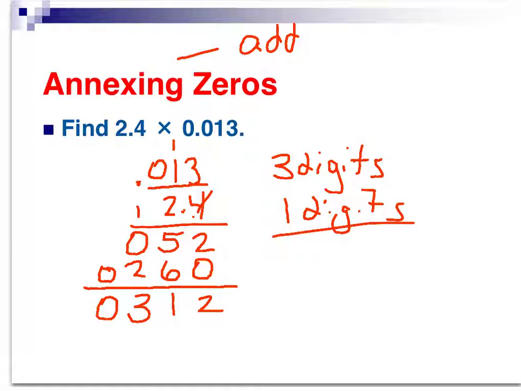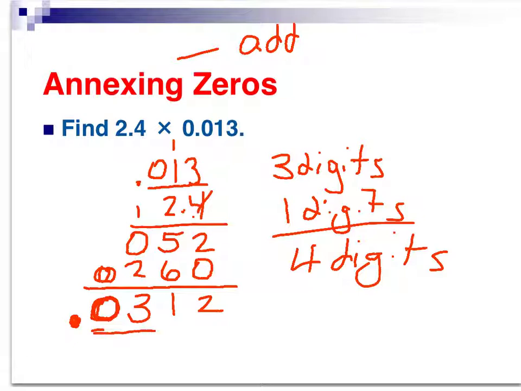So 3 digits plus another digit means I need 4 total digits behind the decimal in my answer. Okay, so looking at my product of 312, notice then that I needed this extra 0 here, so that's why I added on this extra 0, because now I can put my decimal point right there because I added that 0. So now I have 4 total digits behind the decimal in my answer. So my final answer would be 0.0312,